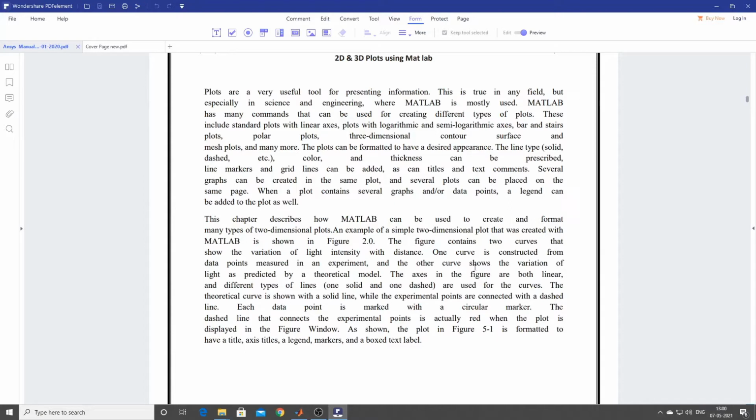Whenever you are doing some projects where you have done some experimentation and you need to plot it, and you need to show the x-axis, y-axis, and different line types, MATLAB is one powerful tool where you can beautifully plot different sorts of graphs. So now in this lecture video, we will try to understand how to plot graphs.